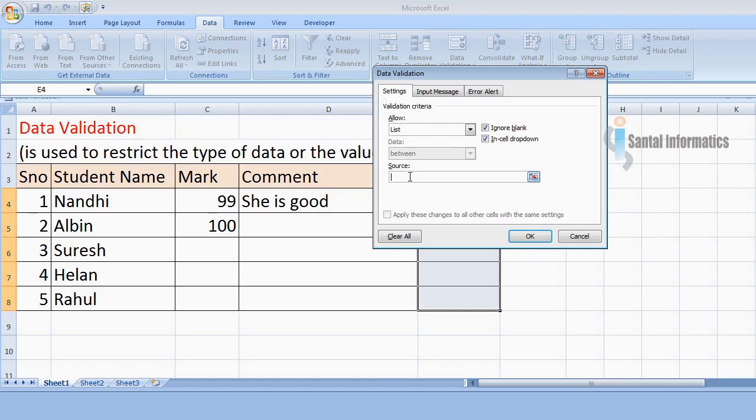Here you can type all the list items. The list items should be separated by a comma. I am typing male, comma, female. Any number of list items can be typed here, each one separated by a comma. In our example, we need only 2 items. So just press OK button.